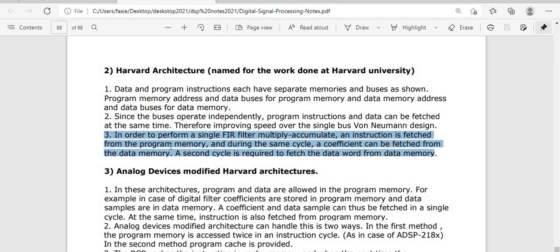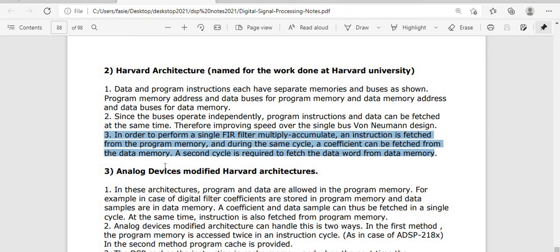In any queue, whoever goes in first comes out first. When he comes out, the other person starts going inside. So the first person is fetching while the other person is waiting outside. When the first person is decoded, meaning his work is over, the other person goes inside. That's what is mentioned.